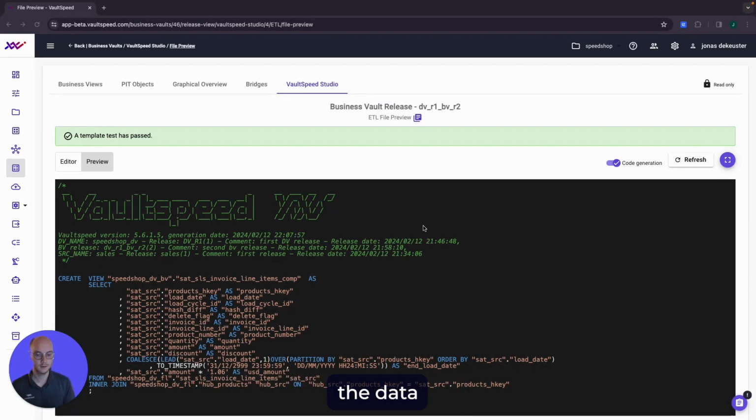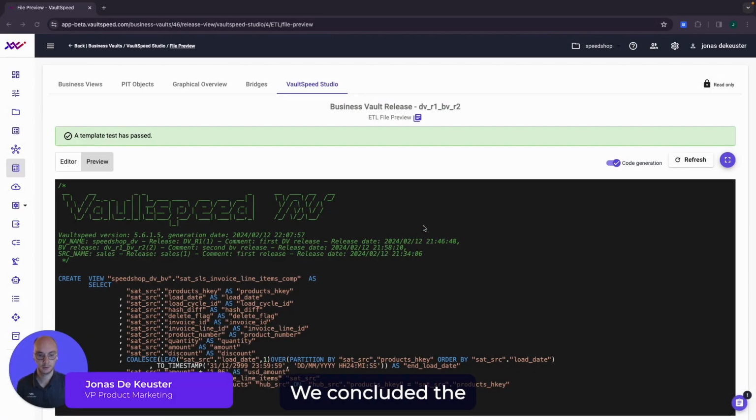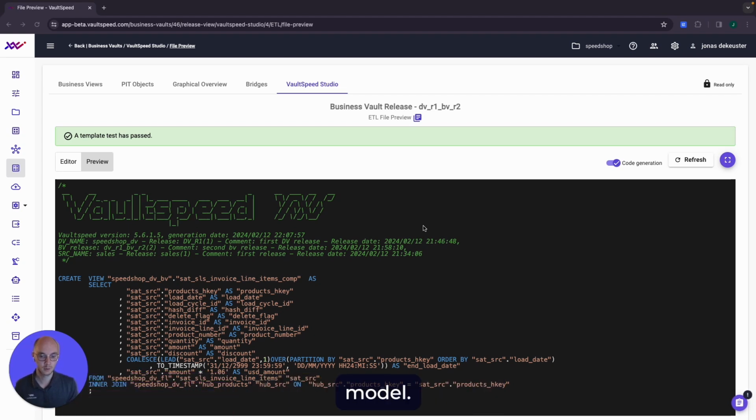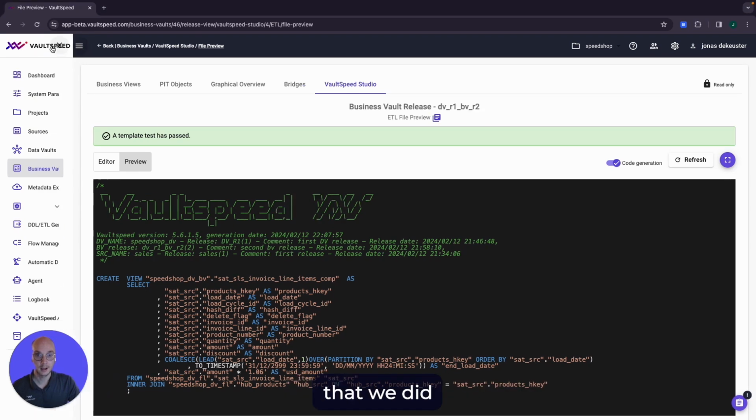We concluded the data integration part. We concluded the adding of business logic on top of that integration model. The only thing that is left to do now is to deploy all that code into our Snowflake runtime environment. And to do that, we first need to generate the code based on the actual work that we did in